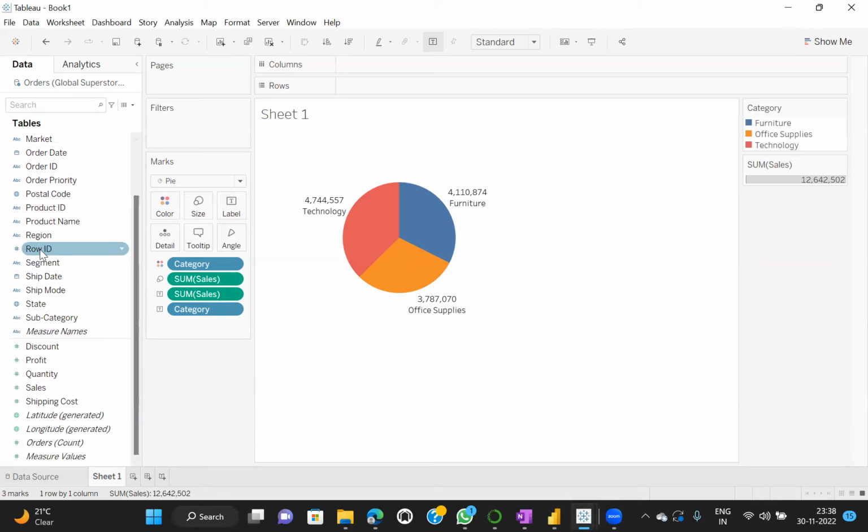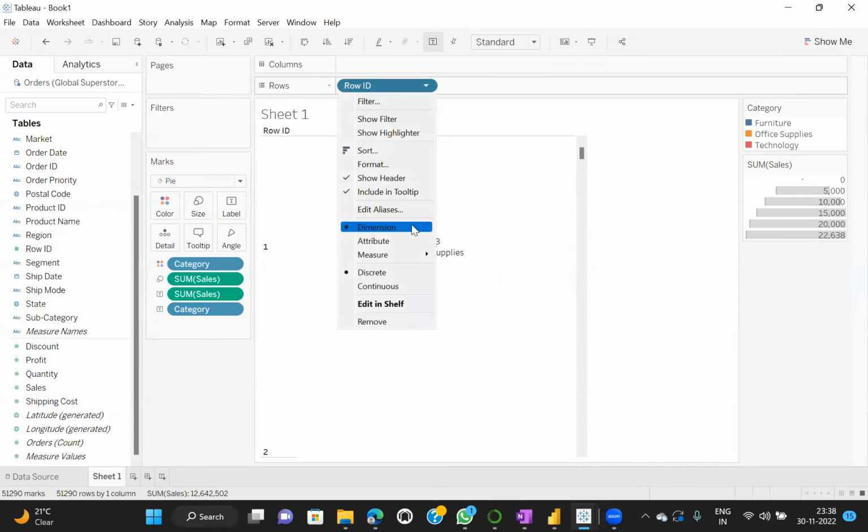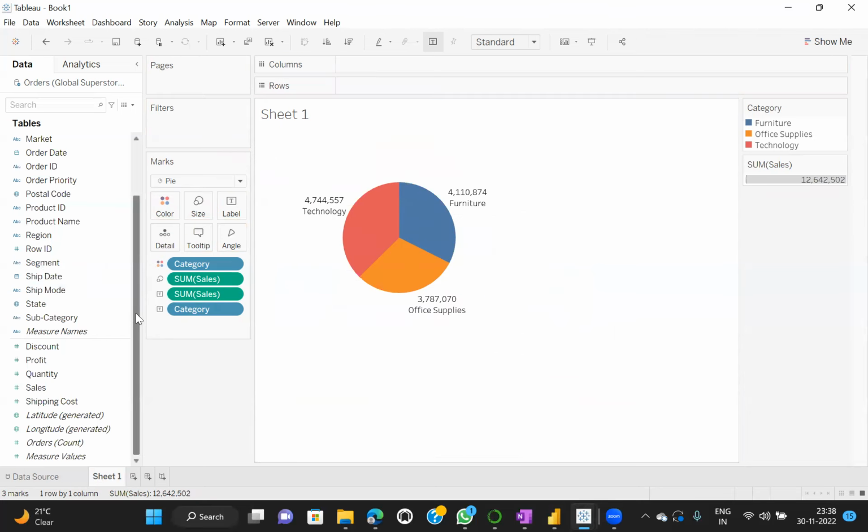Let's get the Row ID, and we want to make it a minimum. This Row ID we have as minimum. But it seems the minimum Row ID is not working for us. So we are going to remove it and create